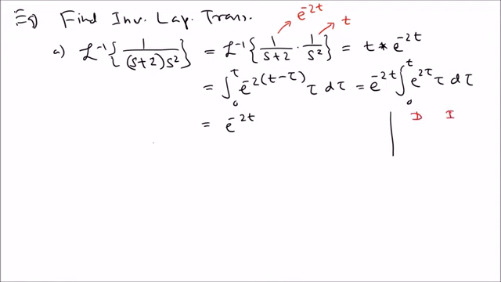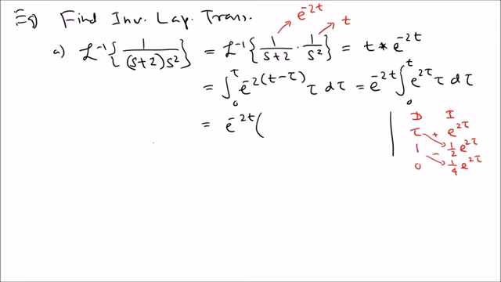D and I. So for the D we put tau, for I we put e to the 2 tau. So take the derivative: 1, take the integral: 1/2 e to the 2 tau, take the derivative: 0. So that means 1/4 e to the 2 tau. And then what we do, we multiply with alternating plus and minus signs. So that's what we get. That means the answer is simply